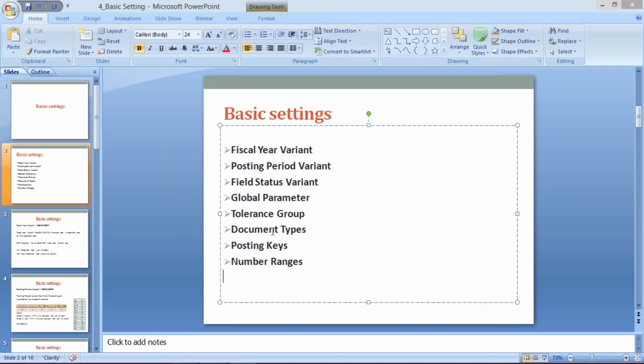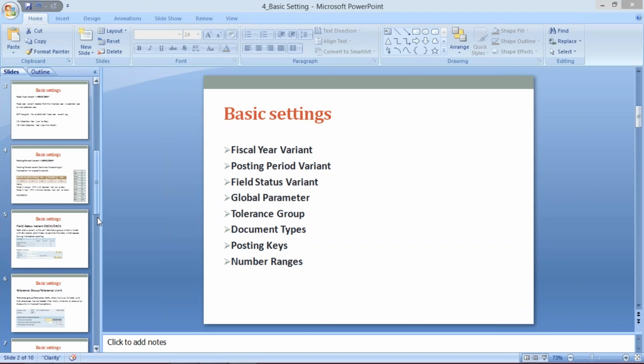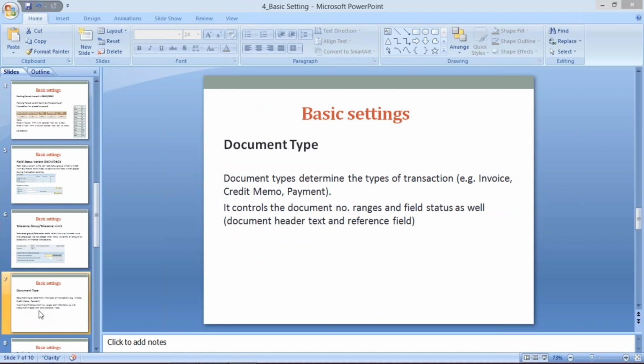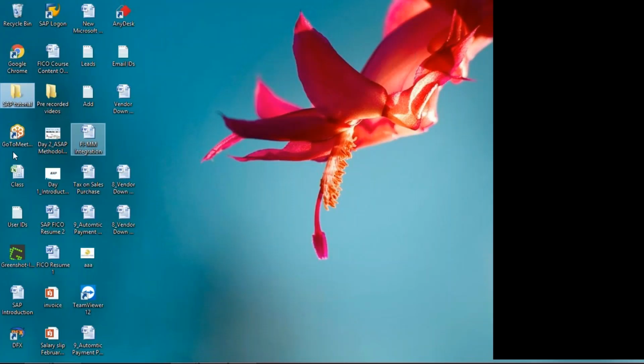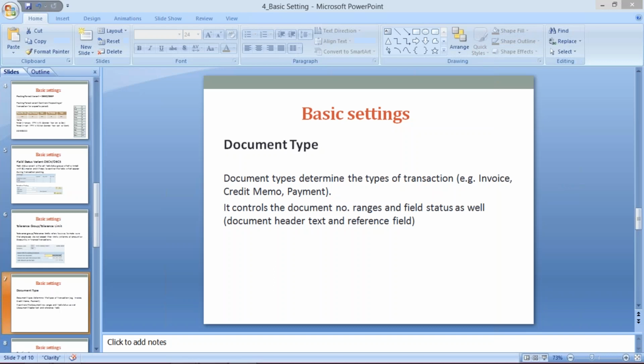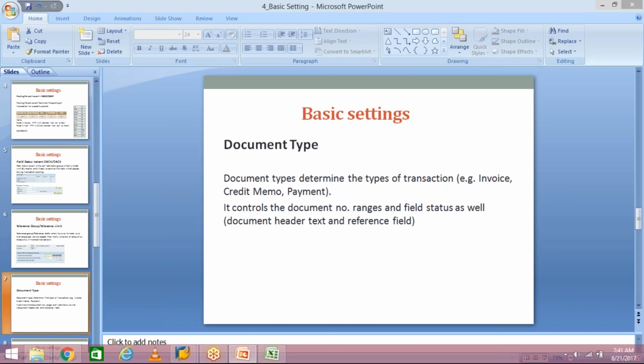Now we'll explain document types. What is a document type? What is the use of document types? I'll let you know. Okay. So here the definition says document type determines the types of transactions. Say, for example,